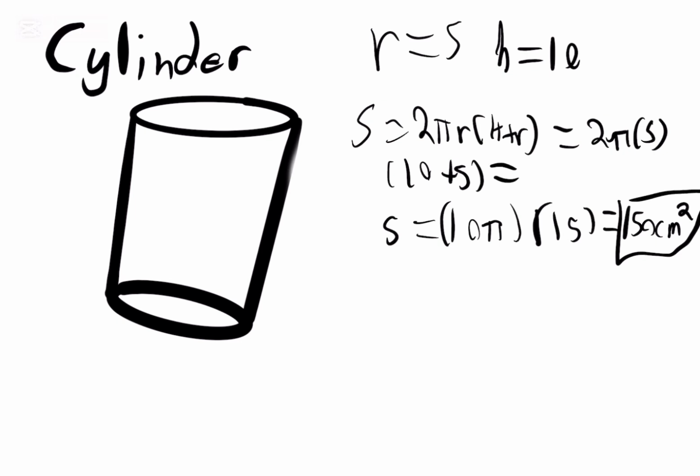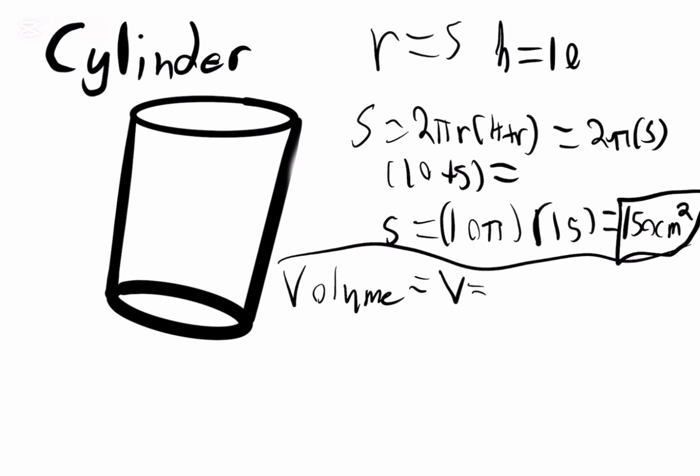That is how we find the surface area of a cylinder. Now for volume. The volume of a cylinder would be volume equals base times height. So, V is going to equal pi r squared